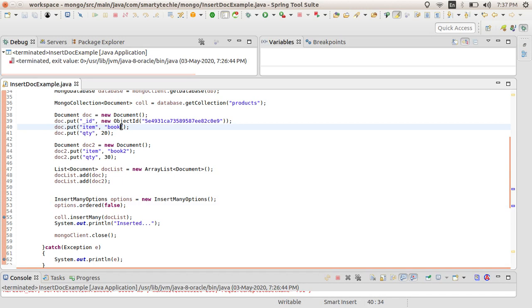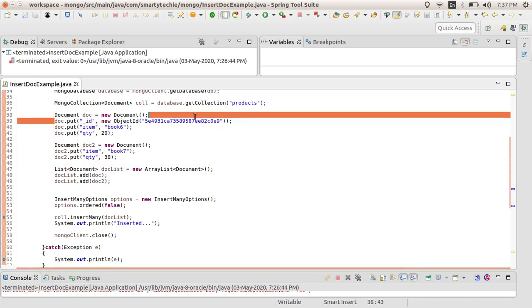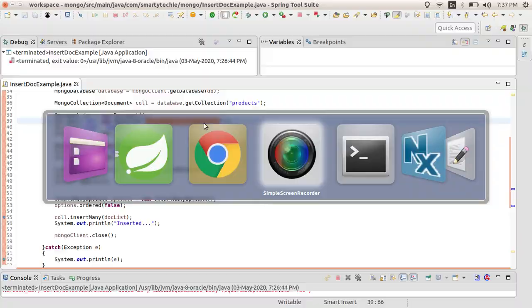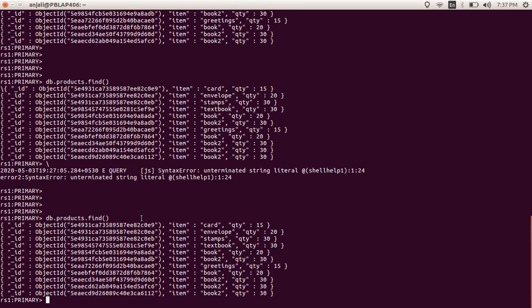Let's say I want a 6, this is the 7. I have created this one with a duplicate doc ID because I want to create an exception, and this is the only way I can create one, because it is the same ID as this one, and MongoDB will not allow you to insert a document with the same ID, as it needs a unique ID.